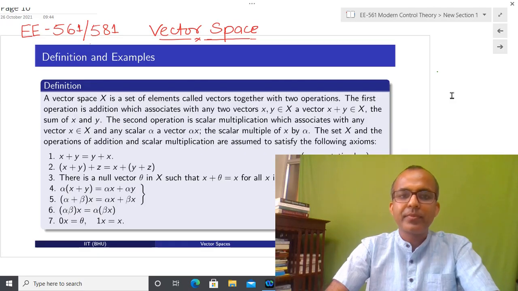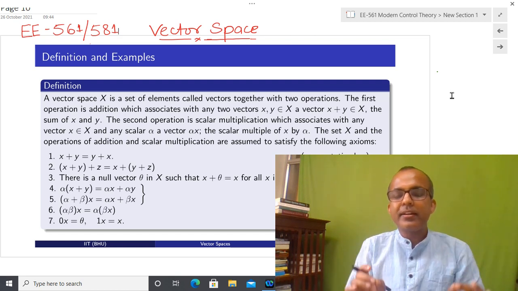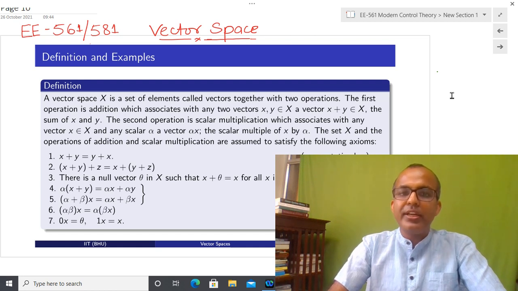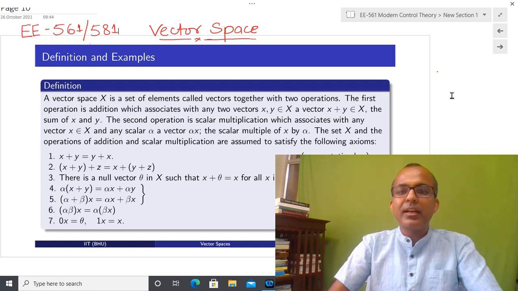Welcome back. In today's lecture, I am going to talk about the application of vector space. What kind of examples I am going to cover in today's lecture are more relevant to understanding modern control theory. Most of the time, the classes of system I am going to take are the linear time invariant system or